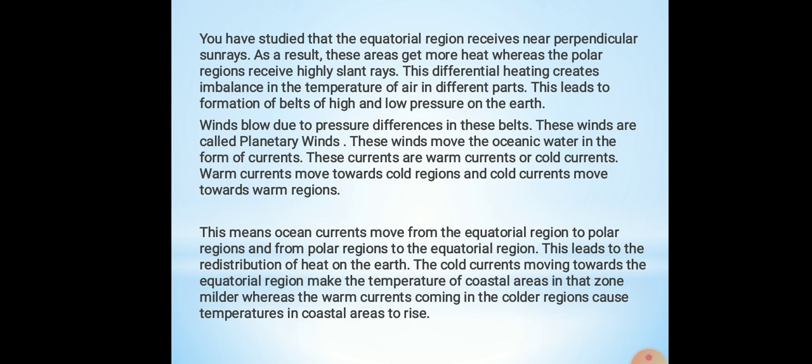Coastal means near the seas and oceans, the area near seas and oceans, there the temperature is always hot because the water vapors are always evaporating, the heat is more. Therefore the warm currents go from the coastal area to the colder region, and what happens with this coming from the colder region causes the temperature in coastal areas to rise. Okay,